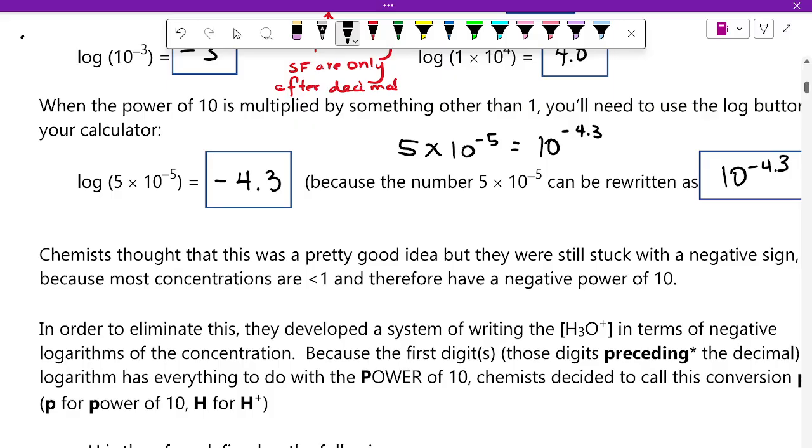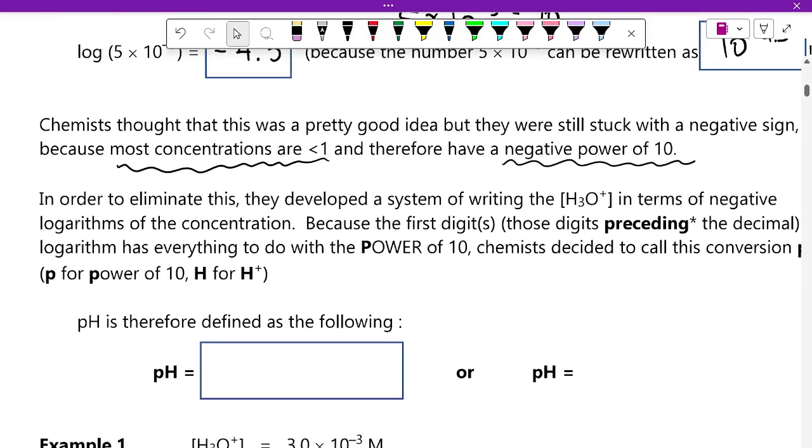Now, chemists thought this was a pretty good idea to simplify things so we don't have to write times 10 to the whatever, but they're still stuck with a negative sign. And because most concentrations are less than 1, they will have a negative power of 10. So in order to eliminate that negative power of 10, they made it positive. Okay? And pH,